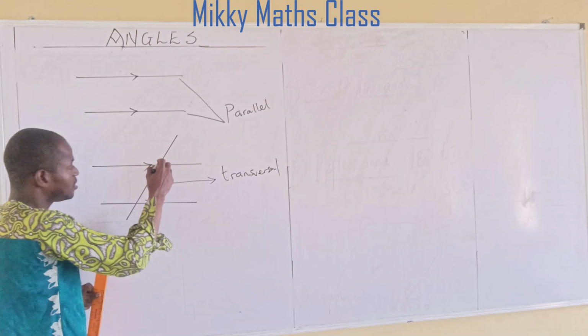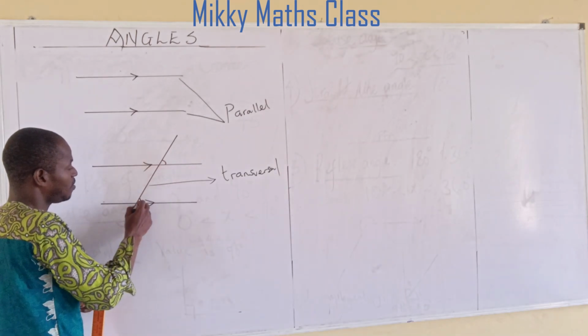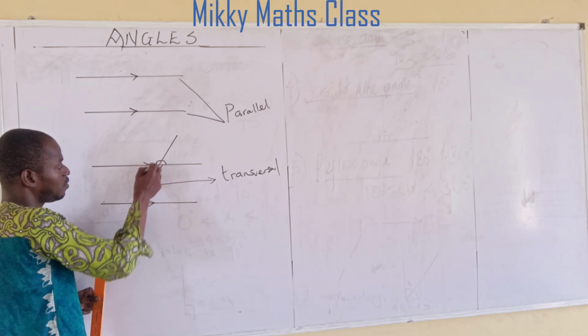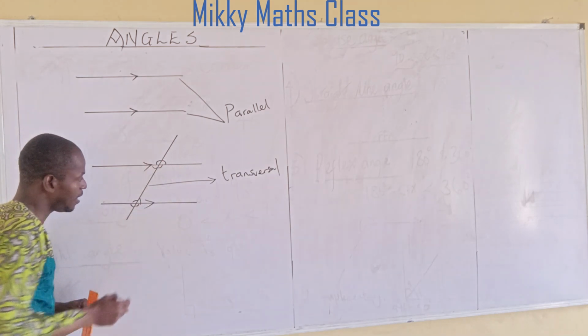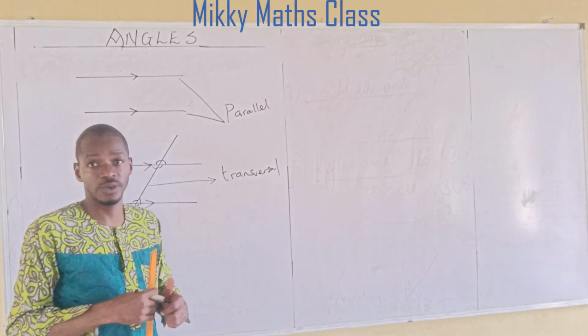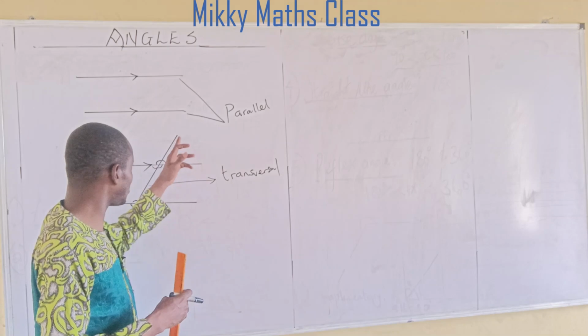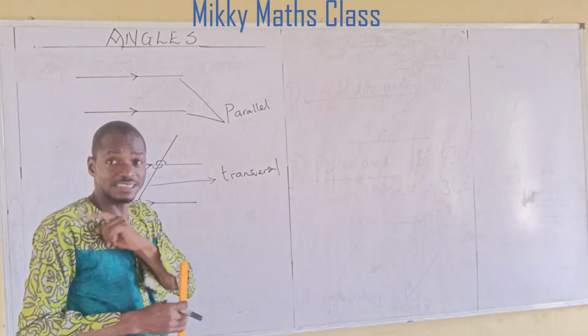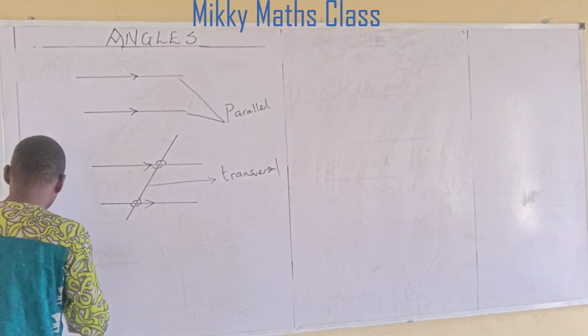For example, look at it. An angle is formed here, an angle is formed here, an angle is formed here, an angle is formed here, an angle is formed here, an angle is formed here and here. Now, there are some certain things we need to know. When a transversal cuts two parallel lines, the first thing we need to know,